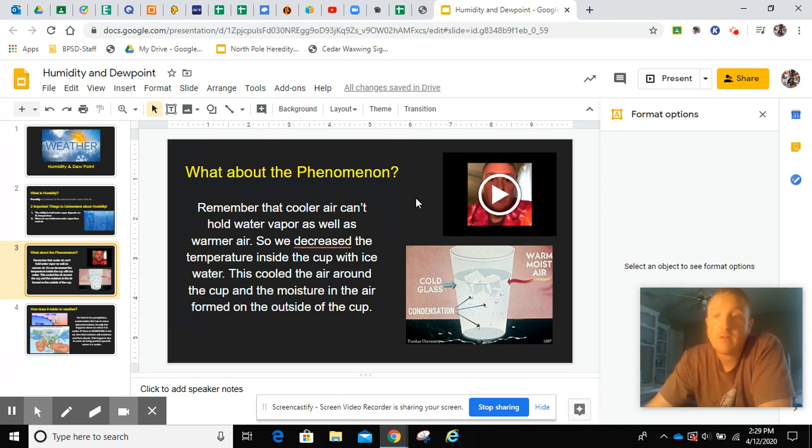Now, what we're finding out, and I found this little model here, is exactly what we did. We put ice water in the cup and we saw condensation form on the outside. That water came not from the inside of the cup, but from the moisture that was in the air around the cup. The only place for it to cling to is the side of the cup where it's the coldest. That's what this little paragraph says right here. It says, remember that cooler air can't hold